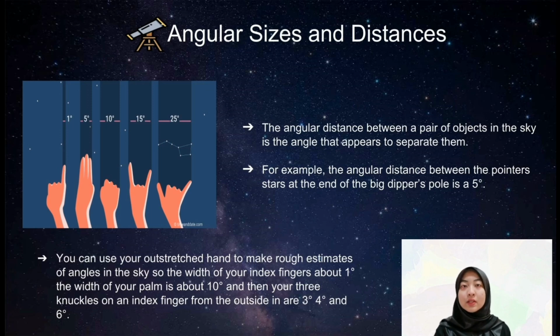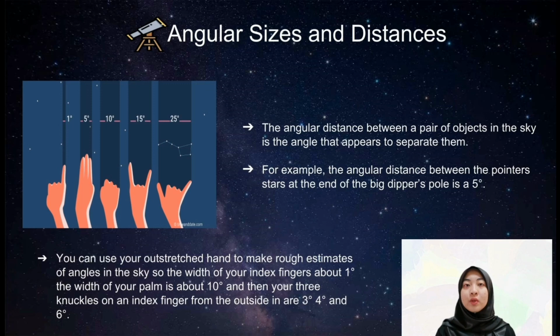Note that the angular size does not tell us on its own the object's true size. So the sun and the moon both have the same size in our sky, but we know they are very different in size, that the moon is much smaller than the sun. It just happens that the sun is far enough away that it looks smaller.